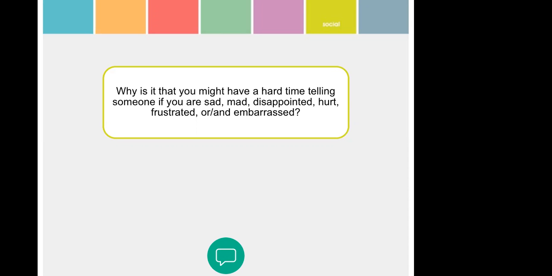And then someone else says it shows weakness. Sometimes it can. Sometimes maybe you don't come from a family that talks about their emotions very well, and this is seen as a sign of weakness, and you're not really sure what that means, but feelings are never a sign of weakness. I'll just put that out there. All right, so